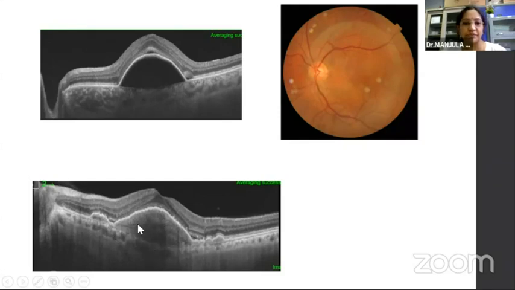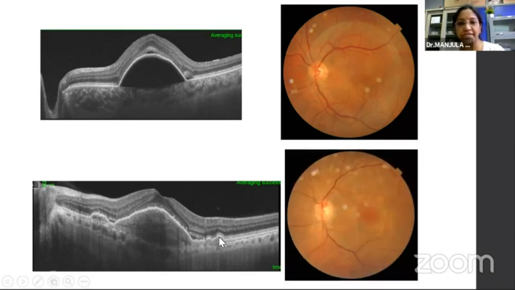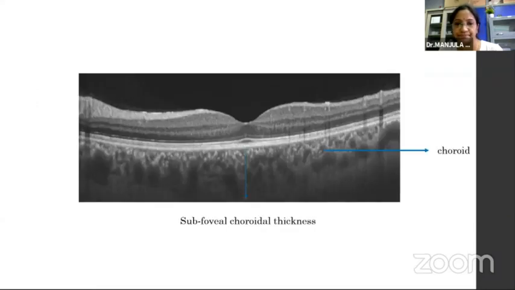Whereas the lower pigment epithelial detachment has some contents. It is a mixture of both hypo and hyperreflective material, as well as this patient has subretinal fluid and drusen. When you see clinically, it shows a hemorrhagic PED with drusen. So this points more towards type 1 CNV related to wet AMD.